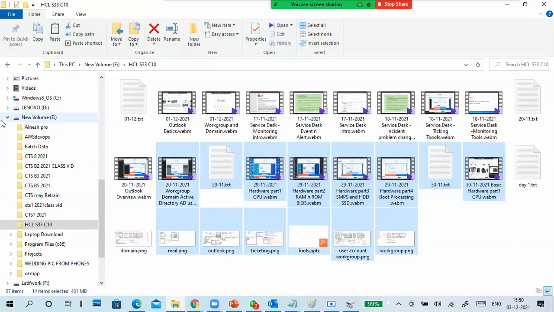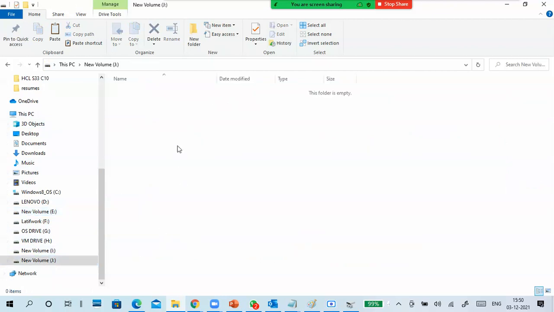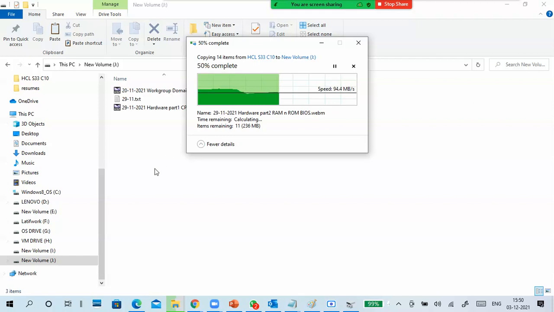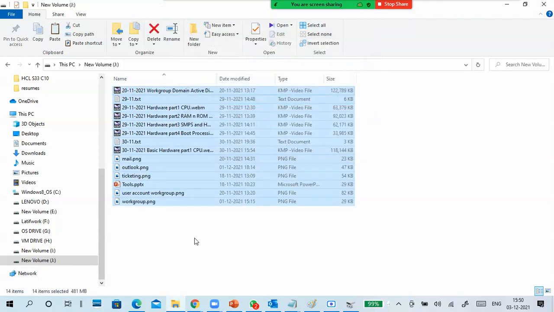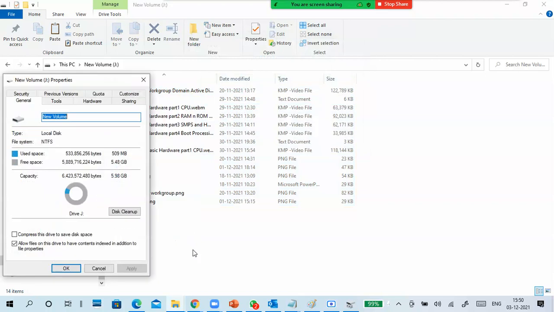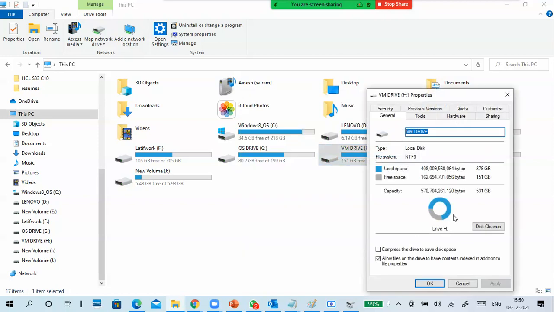I'll put this data into my J drive. Now see, okay, this is around 500 MB. This PC, refresh. Why is it not changing?